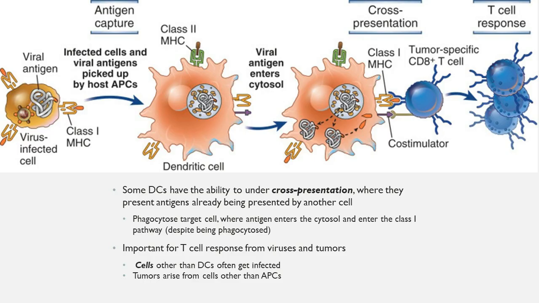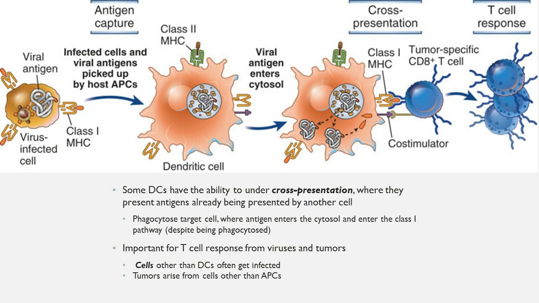Now, one particularly cool feature about dendritic cells is one that I want to highlight here. It's the idea of cross-presentation, where another type of cell that could be infected by a virus or gotten cancer is recognized by a dendritic cell. So even though that one cell is displaying Class 1 MHCs, like all cells are able to, a dendritic cell will recognize this, phagocytose that infected cell or cancerous cell, and then display their antigens on their own Class 1